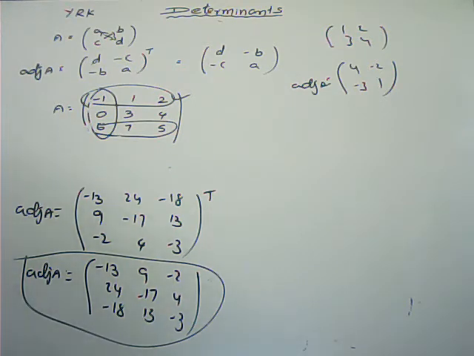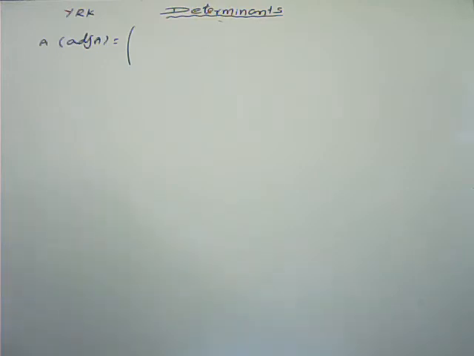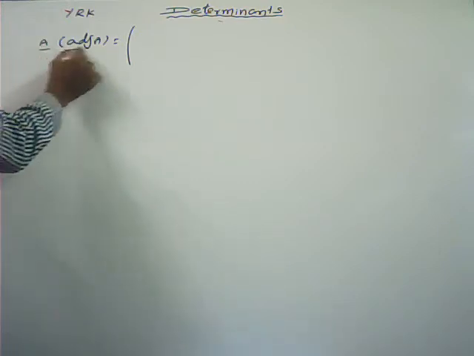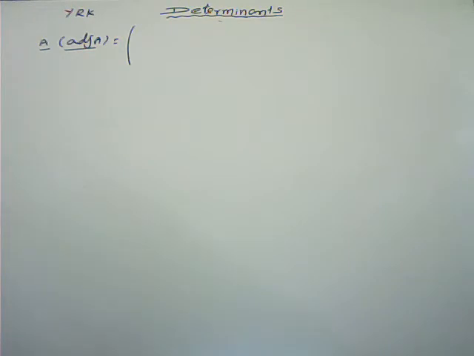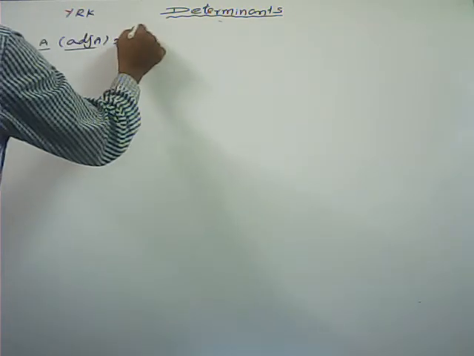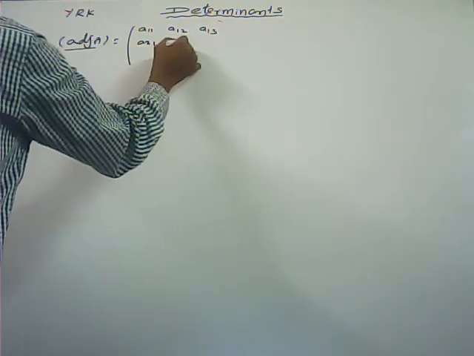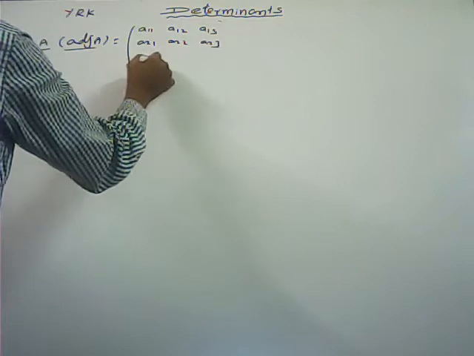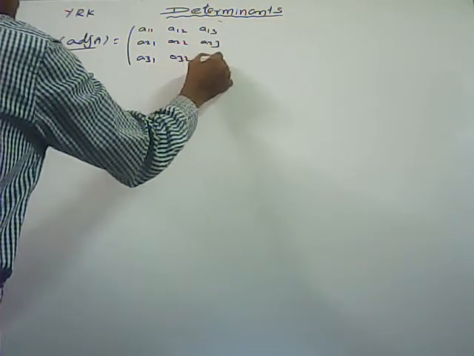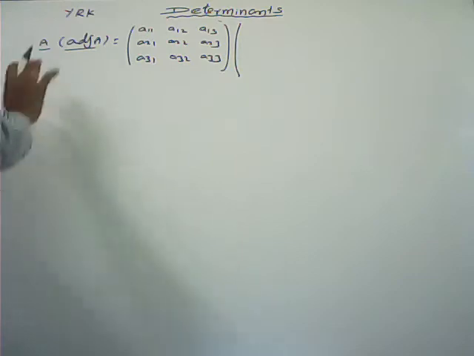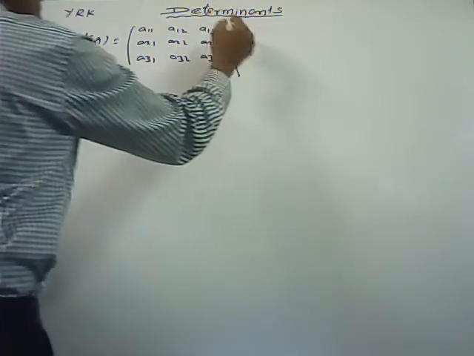Now, how to find the inverse? Here we can discuss a small theorem also. How to find the inverse of a square matrix? First I am going to find the product of A into adjoint of A. Here I am taking a 3 by 3 square matrix A with elements a11, a12, a13, a21, a22, a23, a31, a32, a33, into the adjoint of A. First I am writing the cofactors.